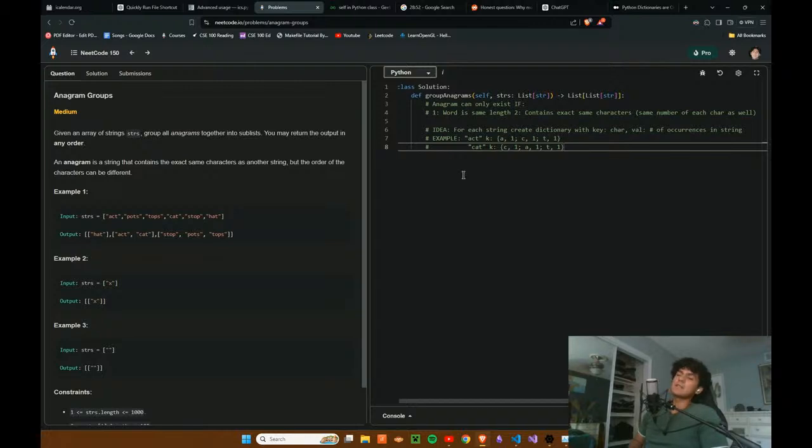I mean, that's interesting. I know if we sorted each string, then all the anagrams would look exactly the same. So I could sort each string in the list and then